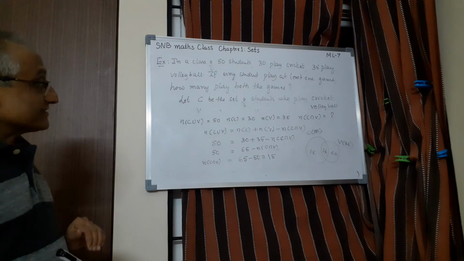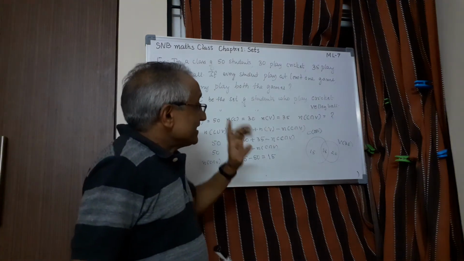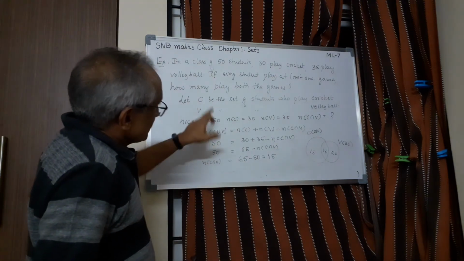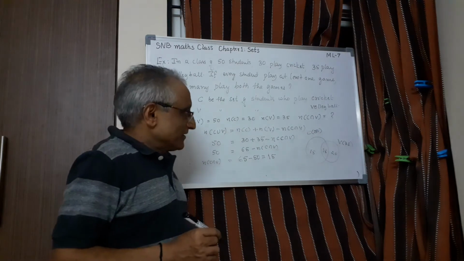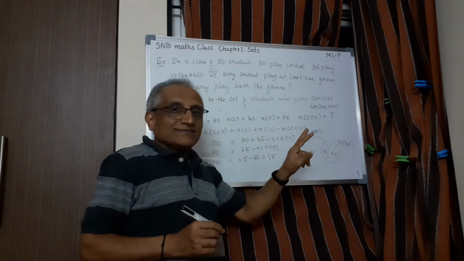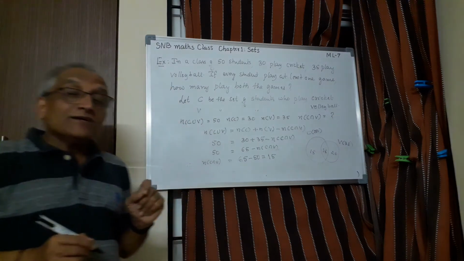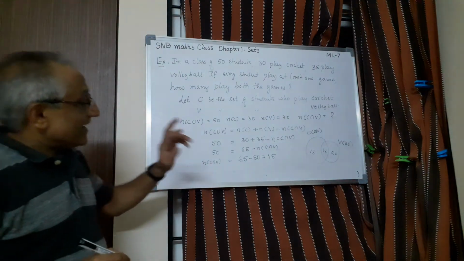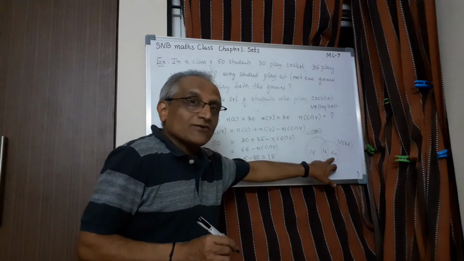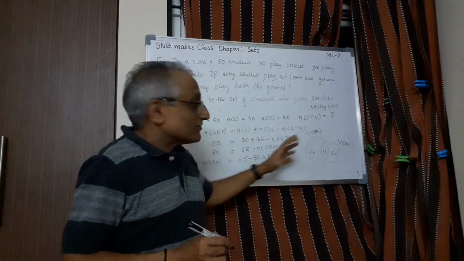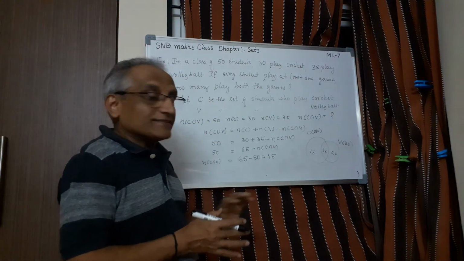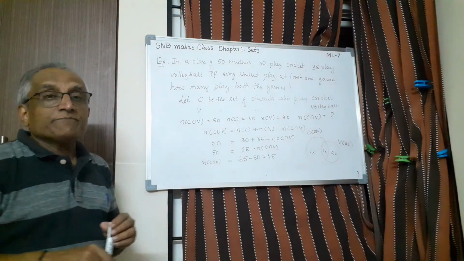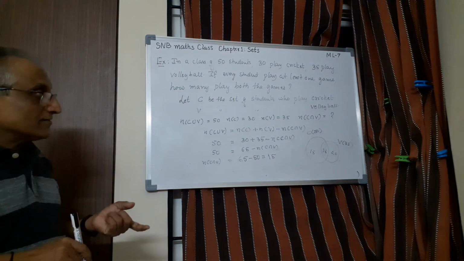Now the question can be like this also. How many students play only cricket? So 15. That means number of C minus the intersection. Same way, how many students play only volleyball? There is one more question possible. How many students play only one game? Only one game means either cricket or volleyball. How many? It is 20 plus 15. See how many different types of questions can be answered with the help of the Venn diagram. 20 plus 15, that is 35 students play only one game, that is either cricket or volleyball.